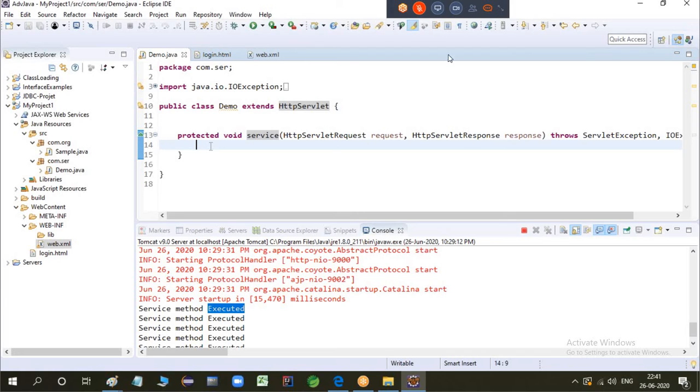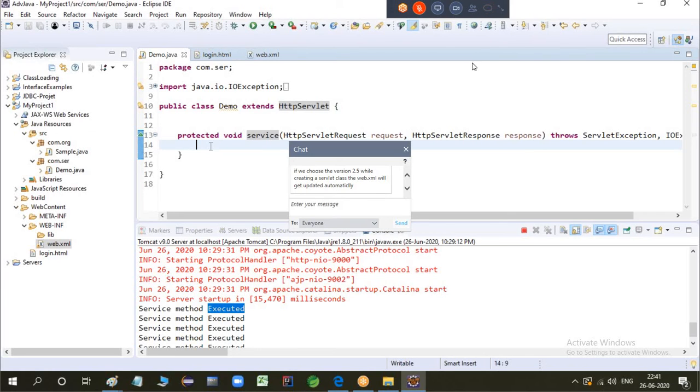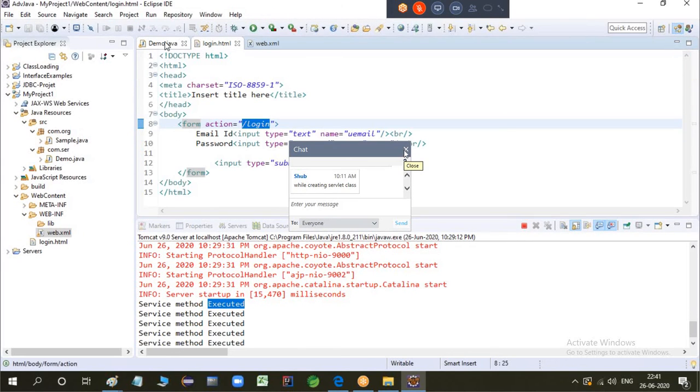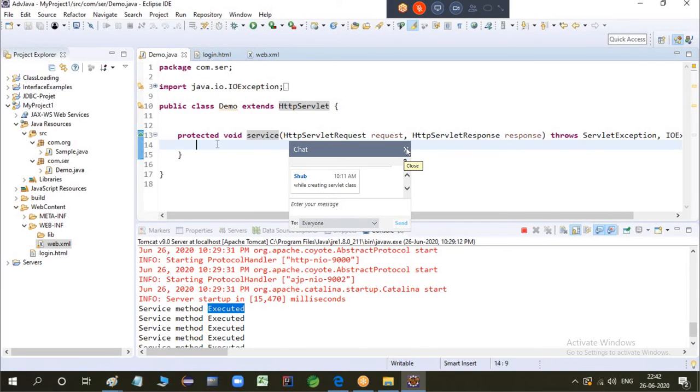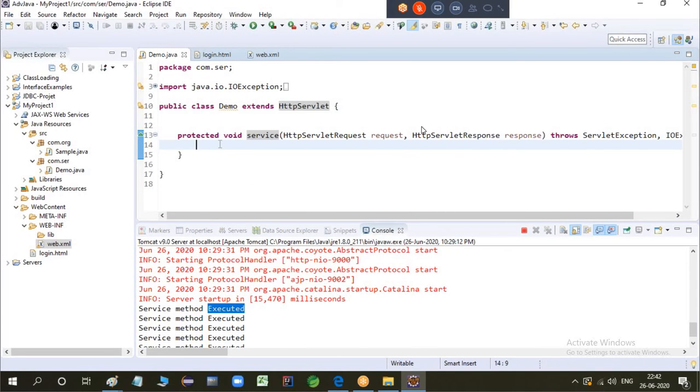Version of web.xml file. Which one you're talking about? While creating a servlet class of server version, the server which you wanted to take, or some other version which you're talking about? Another web.xml file you're talking.